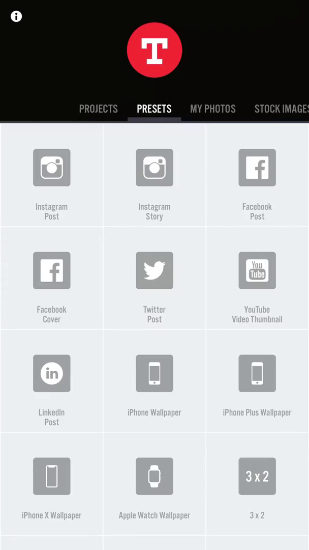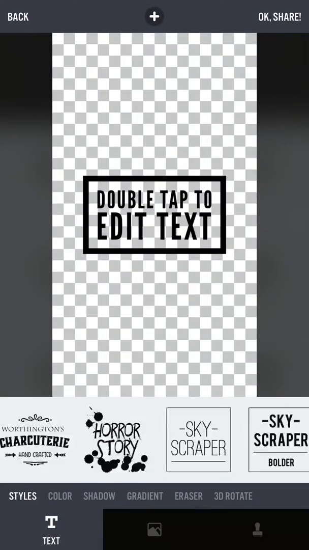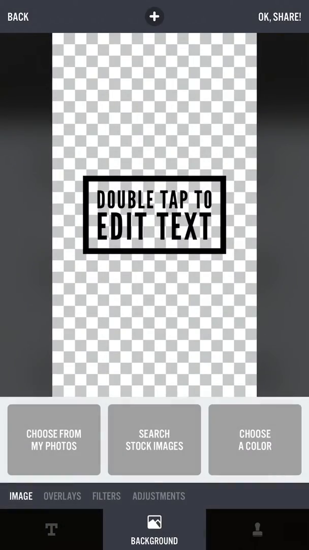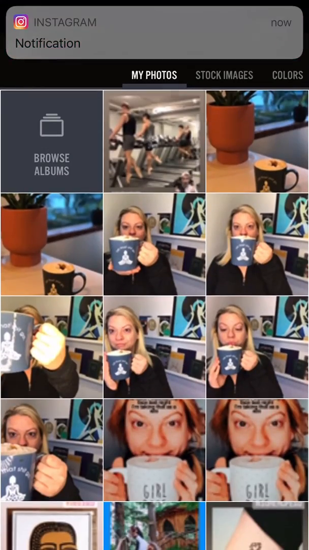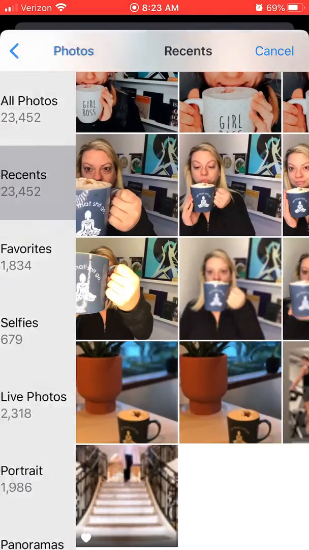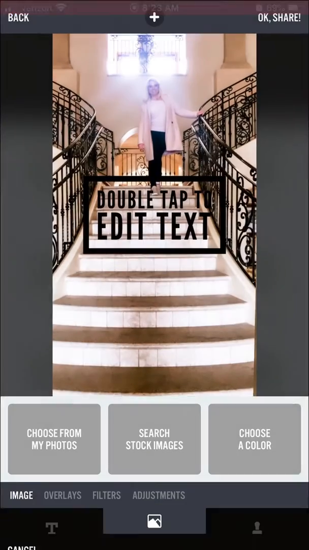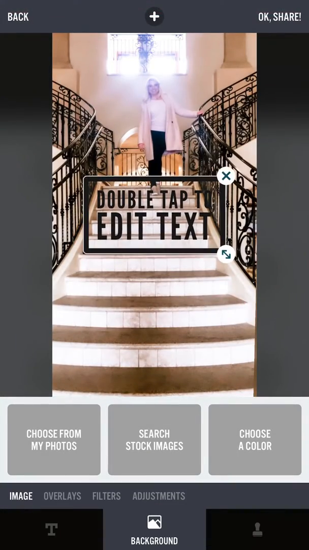Okay, open Typorama, and then we're going to create an Instagram story. So click on Instagram story. Down on the bottom, click on background, and then choose from my photos. It's going to take you to your albums. I'm going into recents. There's the photo I want of me on the stairs,